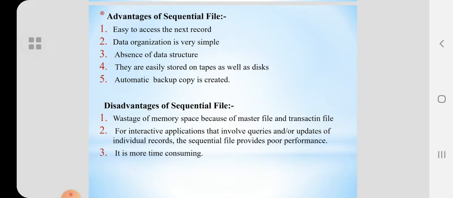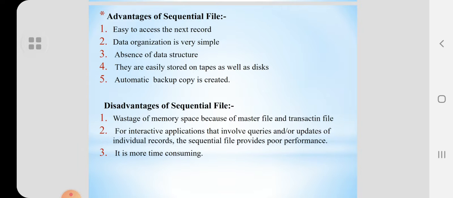The disadvantages of a sequential file. Wastage of memory space because of master files and transaction files. For interactive applications that involve queries and or updates of individual records, the sequential file provides poor performance.